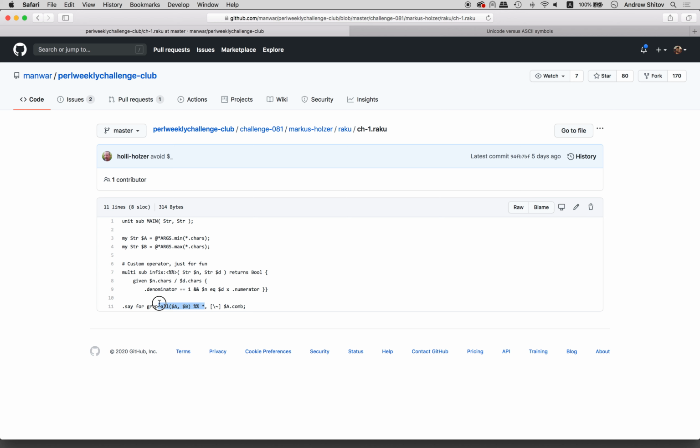So this construction does the job, just making sure that both A and B are divisible by the string, and the divisibility operator is defined here. It's defined for strings and returns a Boolean value. So first we want to divide the